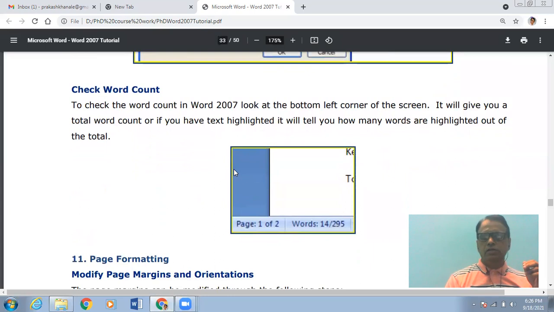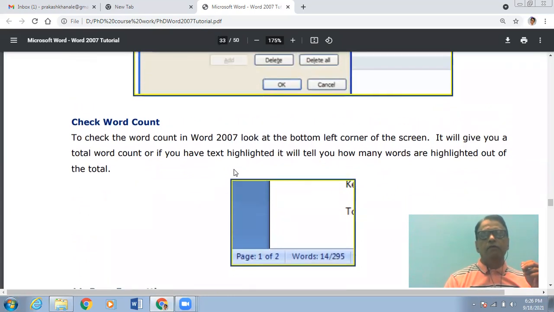While doing the research, frequently we need to count the words, because if you submit any paper to a conference or to a journal, then normally there is a restriction that the abstract of the paper should be of only 500 words. So in such a case, you need to count how many words are there in your abstract paragraph.